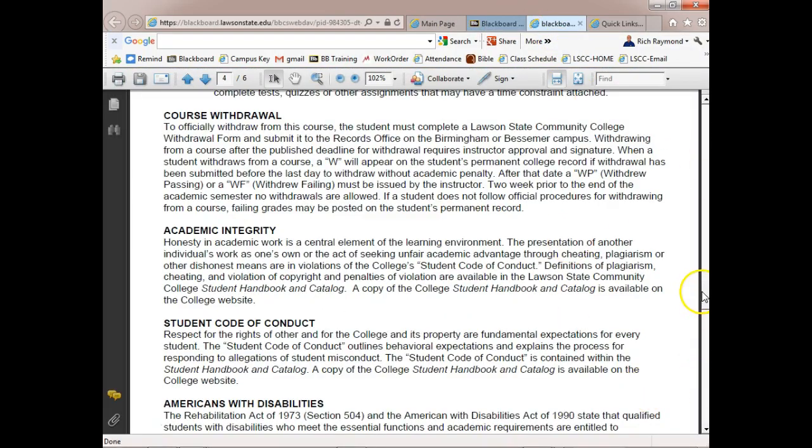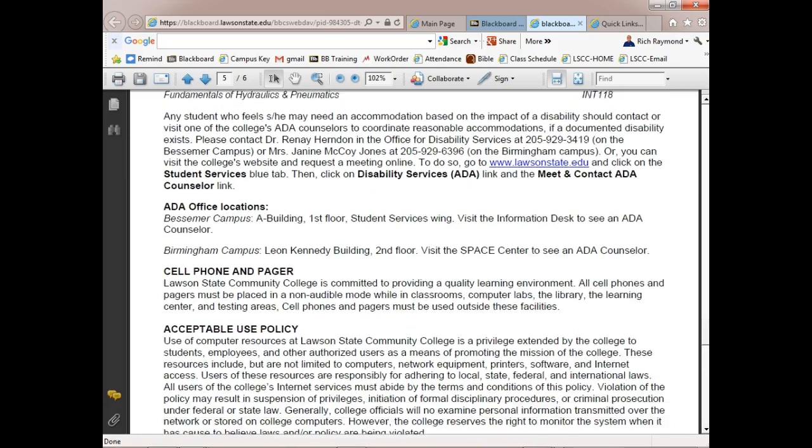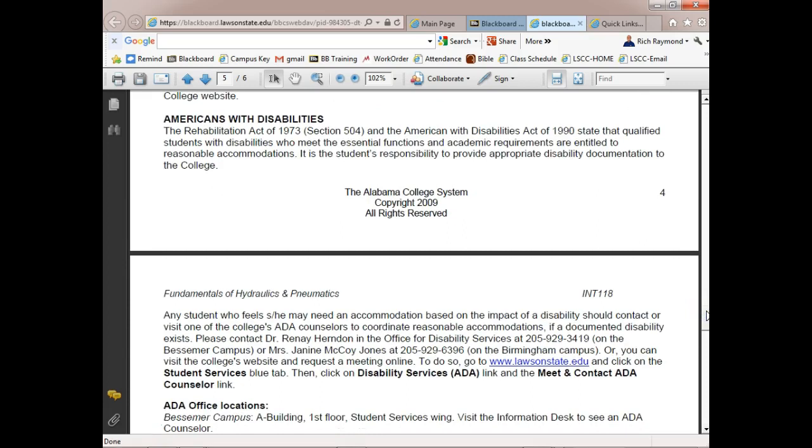The rest of it we're not going to look at. That's the things that we have problems with. We do have an Americans with Disabilities Act. So if you've got some type of disability that requires the college to make some considerations for you to make sure you can excel in the classes that you take, you have to be identified. You have to identify that with Mr. Renee Herndon on this campus